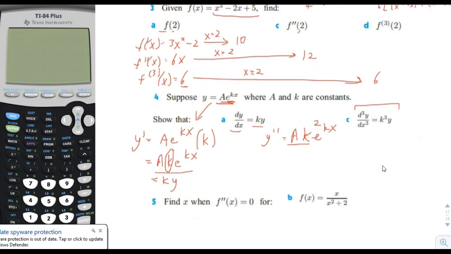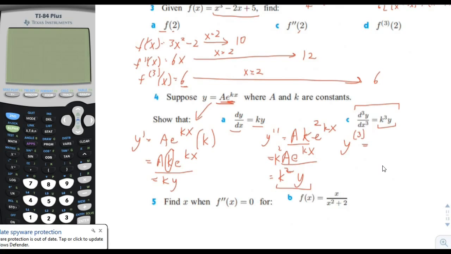And then if we rewrite this as a function of y, then we're going to write a e to the kx times k squared. So that is equal to k squared times a e to the kx, which is simply y. Okay? So the second derivative of y is equal to k squared y. Well, we can kind of see that we're going to get there, right? So the third